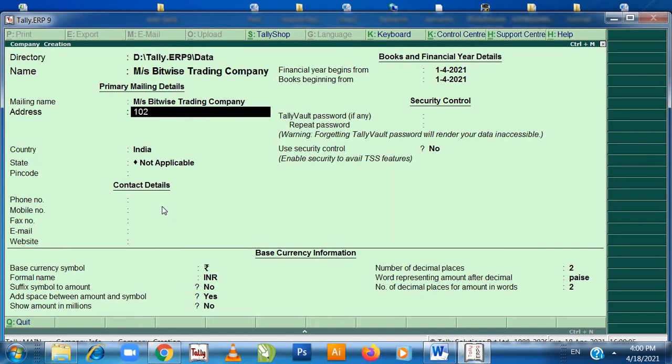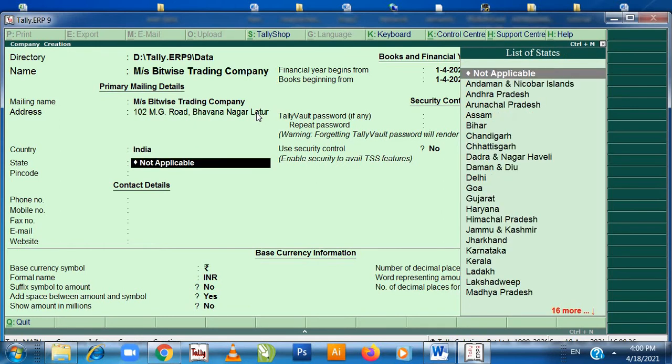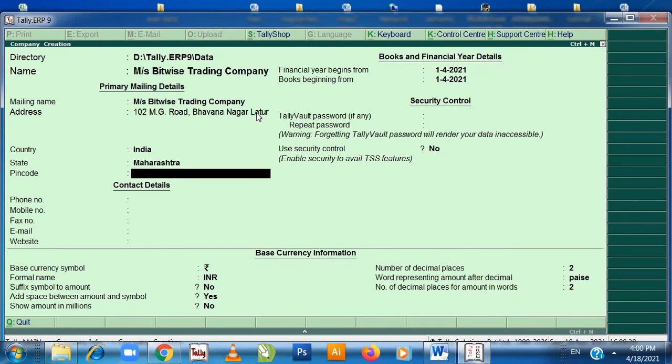address is 102 M.G. Road, Bhavna Nagar, Latur. Press enter. India, state is Maharashtra, pin code is 413512,